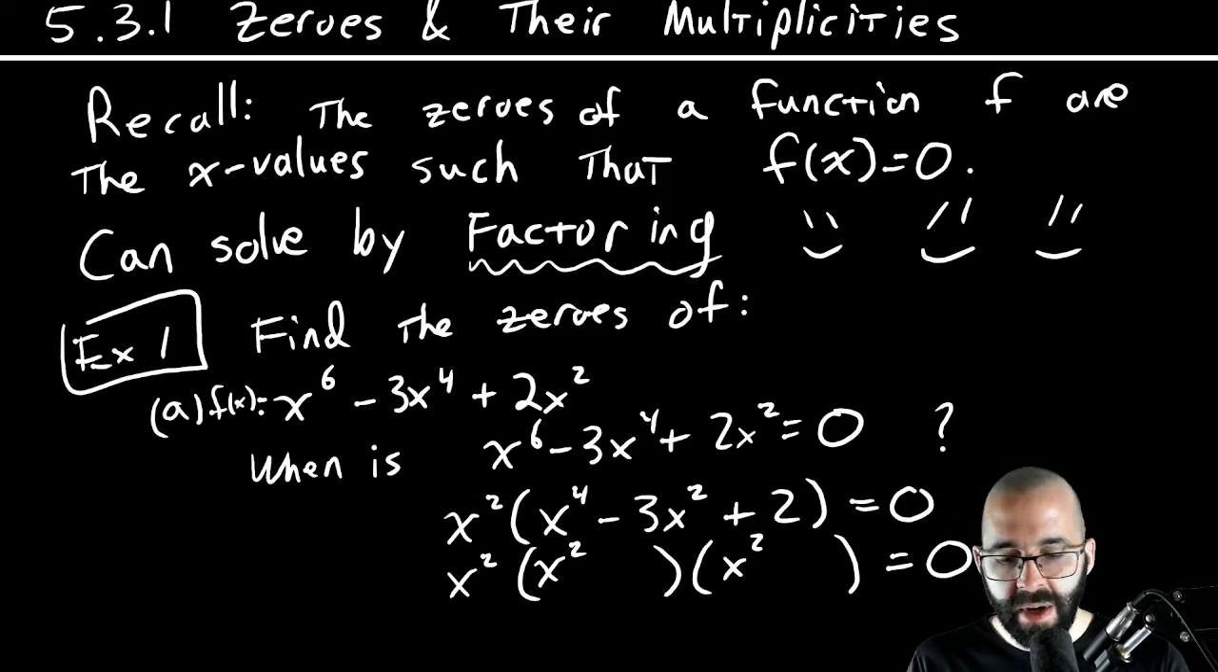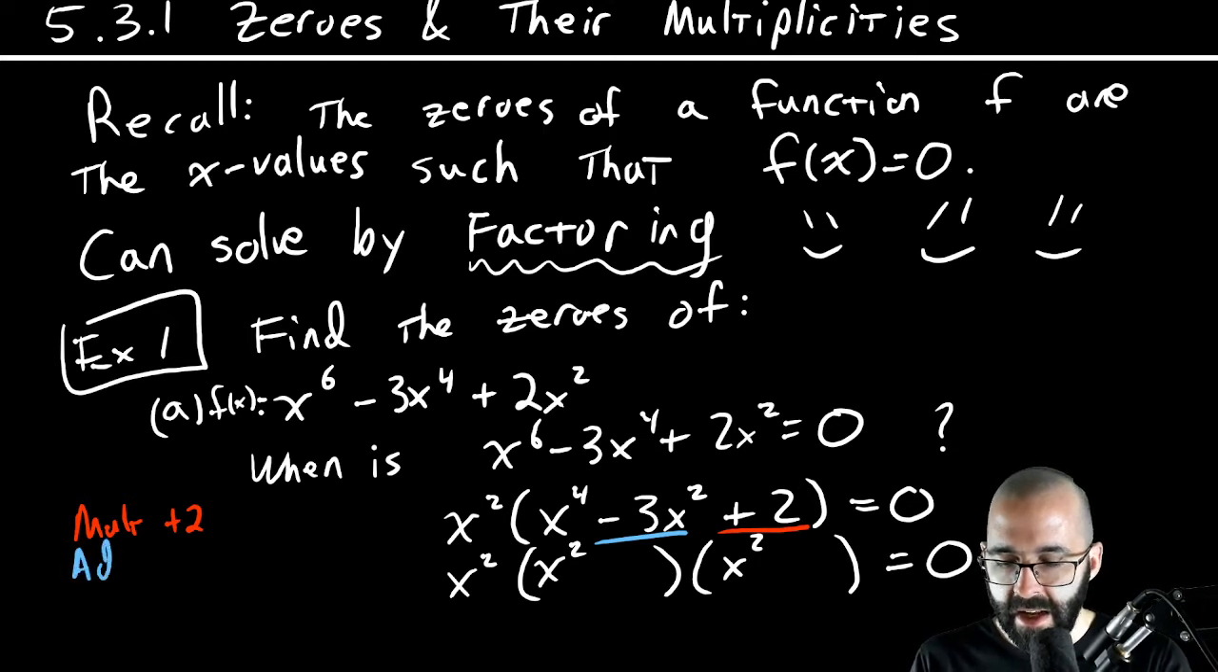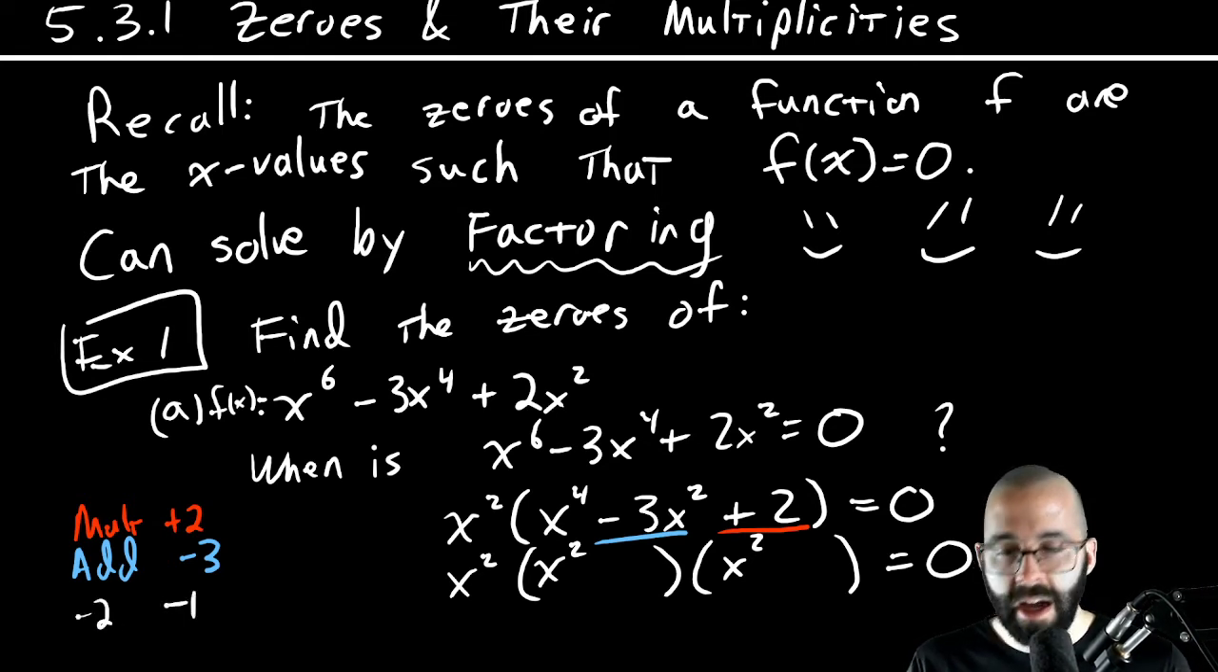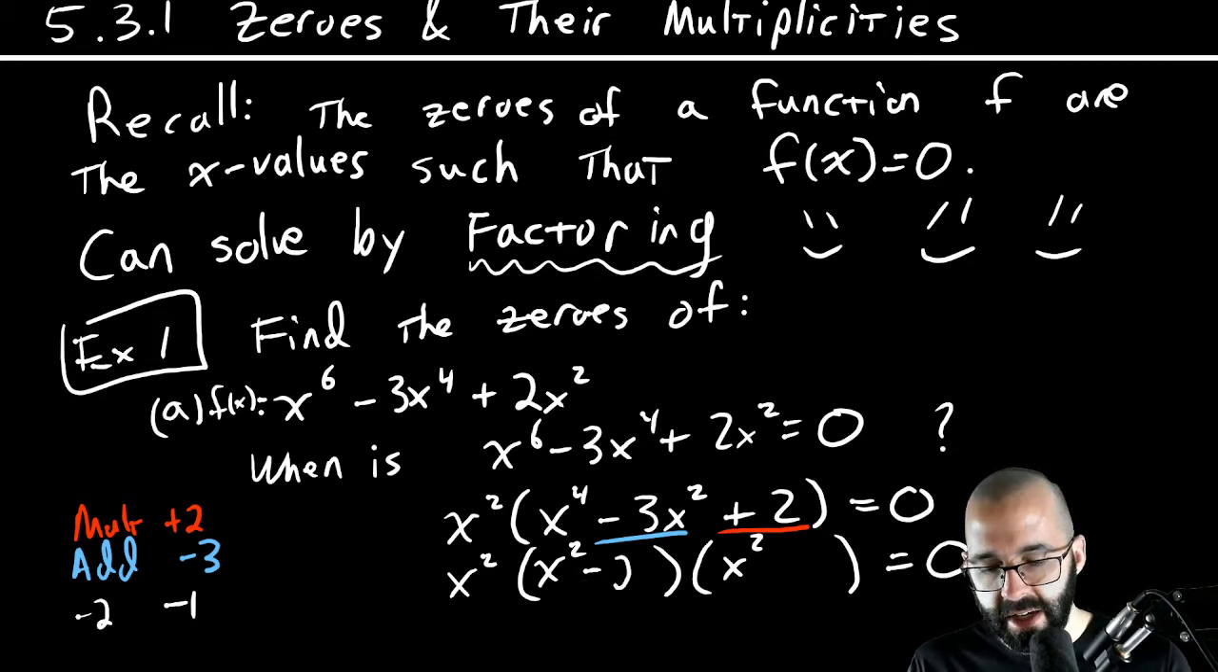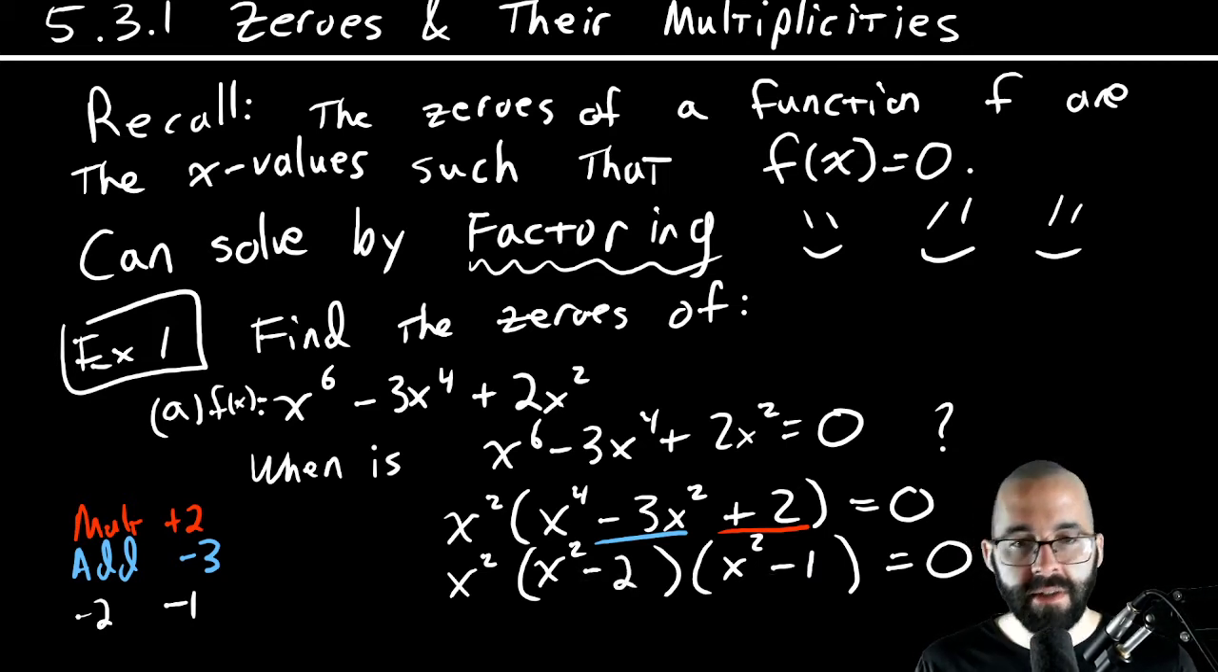So then what do we have to look at? Different people do this different ways, but we need 2 numbers that multiply to positive 2 that add to negative 3. All right, we need 2 numbers that multiply to positive 2 that add to negative 3. And our answers are going to be negative 2 and negative 1. So negative 2, negative 1. Here we go. We're fully